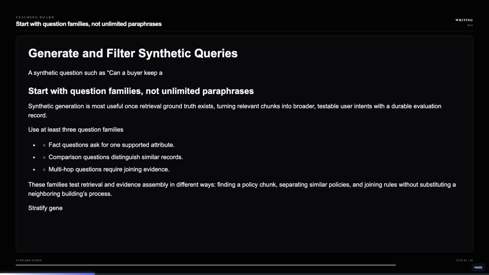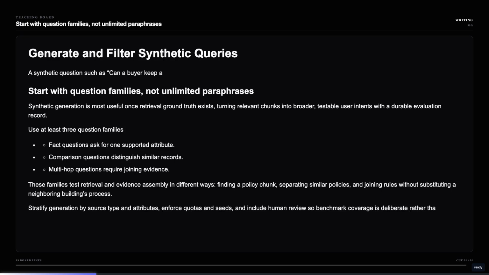Stratify generation by source type, listing, policy, and neighborhood knowledge, and by attributes such as dates, exceptions, negation, access scope, and required actions. Maintain quotas, sample seeds, and a human-reviewed slice instead of letting the generator choose the distribution entirely. For a small fixture, use deterministic configuration, record the seed and quotas, and fail with a useful error when required